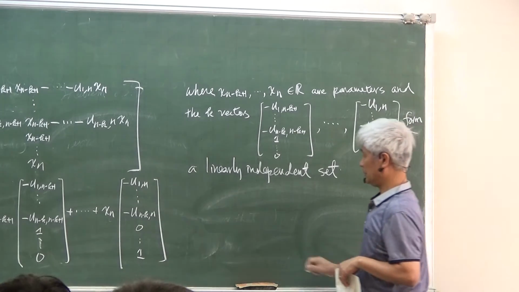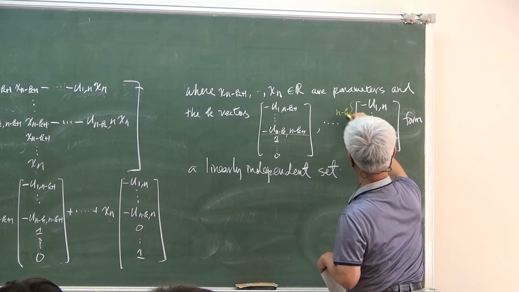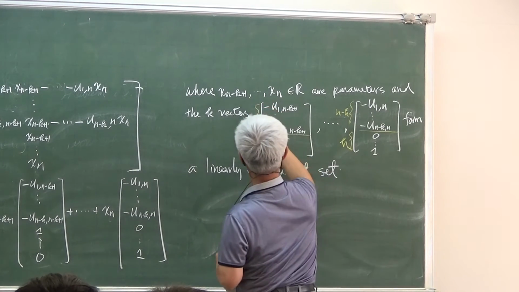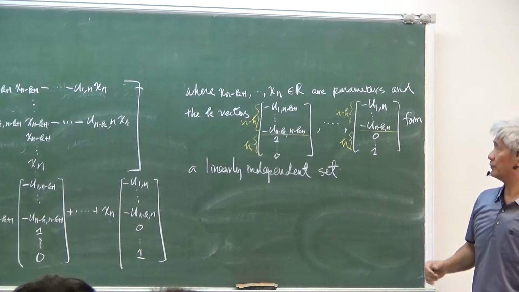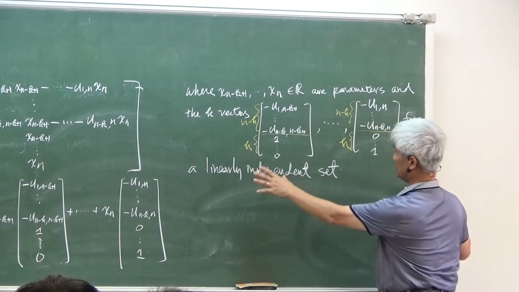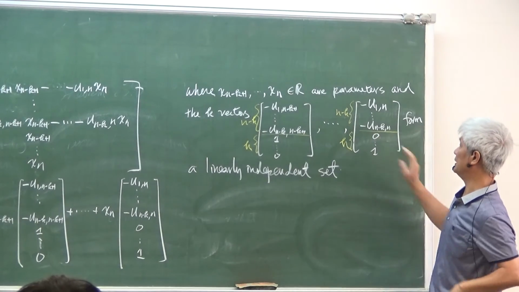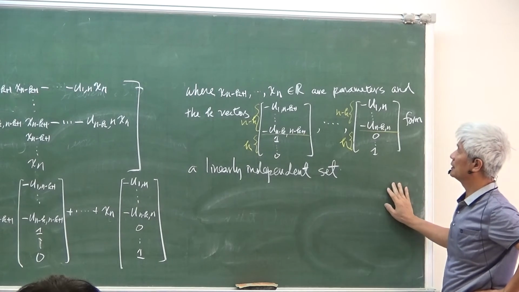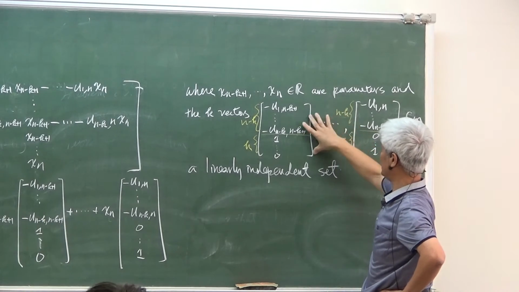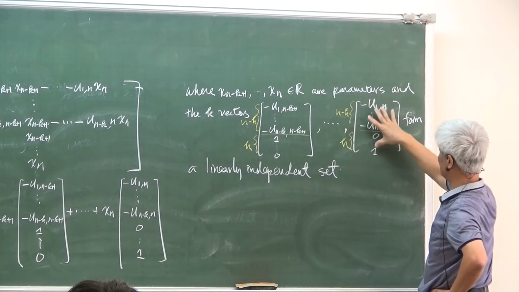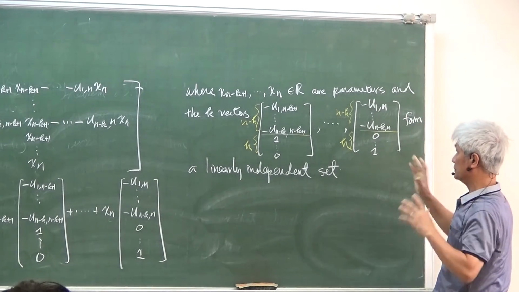Why? You can look at the bottom. This is n minus k, the size here is k. Suppose you form a linear combination of these k vectors, okay? Say alpha 1 times this vector plus alpha 2 times the second vector up to alpha k times this k-th vector. You will see that